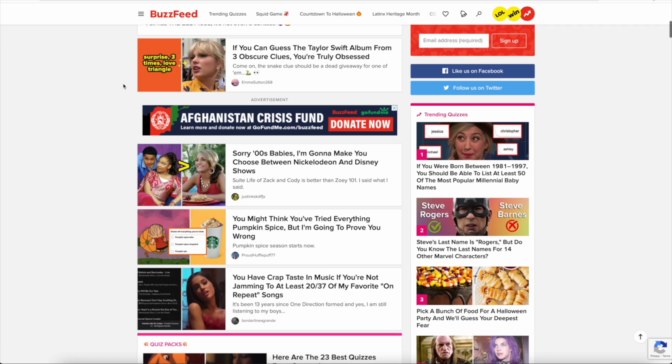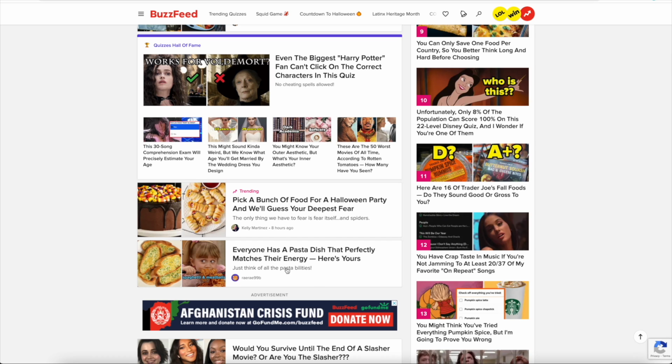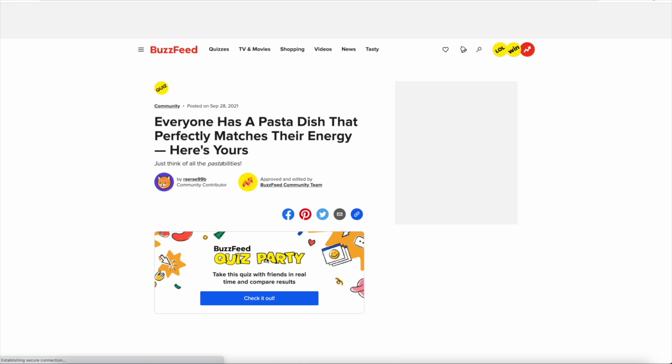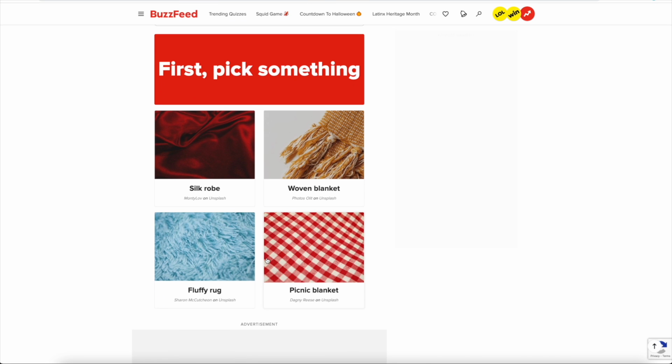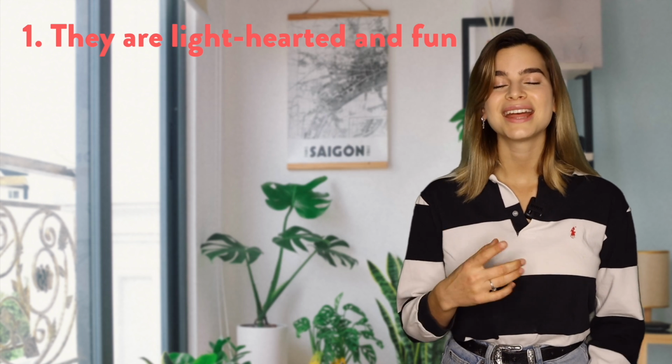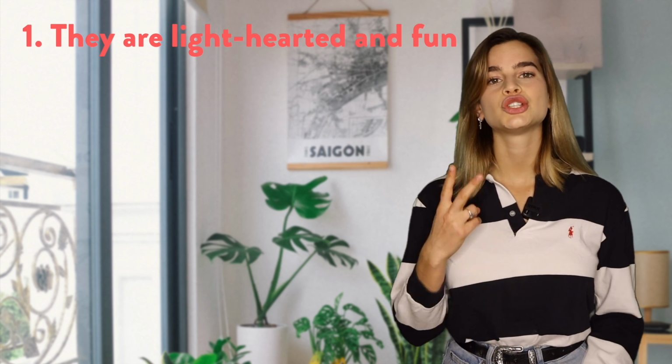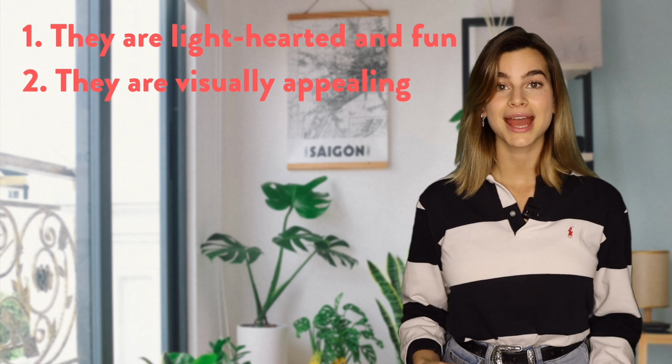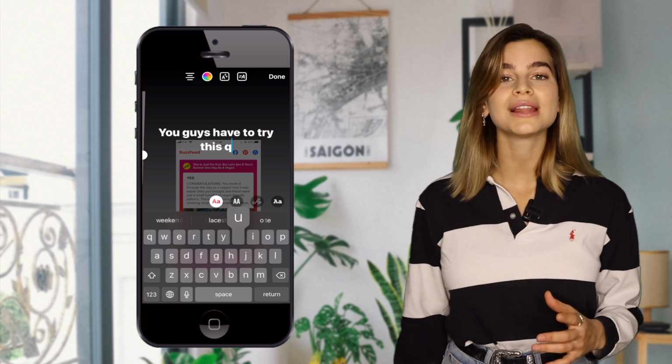Well, Buzzfeed is the OG platform that made quizzes popular and trendy. They are basically personality tests centered around celebrities, pop culture, TV shows and movies, and so on. Buzzfeed quizzes have a very specific brand, which makes them easy to recognize. The three main criteria that almost all Buzzfeed quizzes follow is that 1, they are very lighthearted and fun, 2, they are visually appealing, and 3, they are simple, making them accessible by all and more likely to get shared